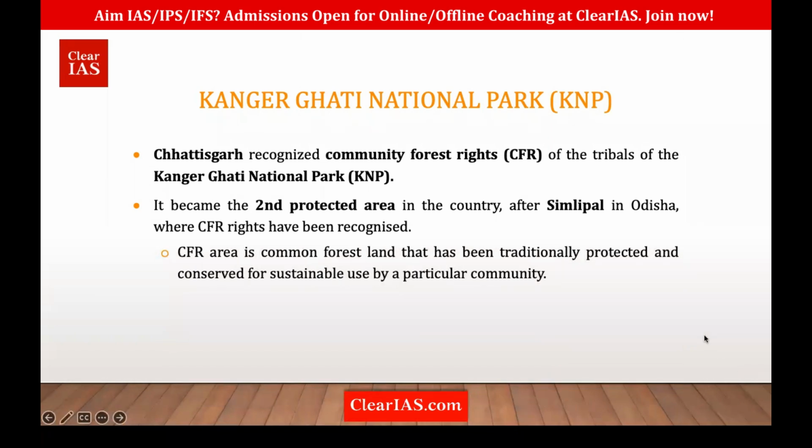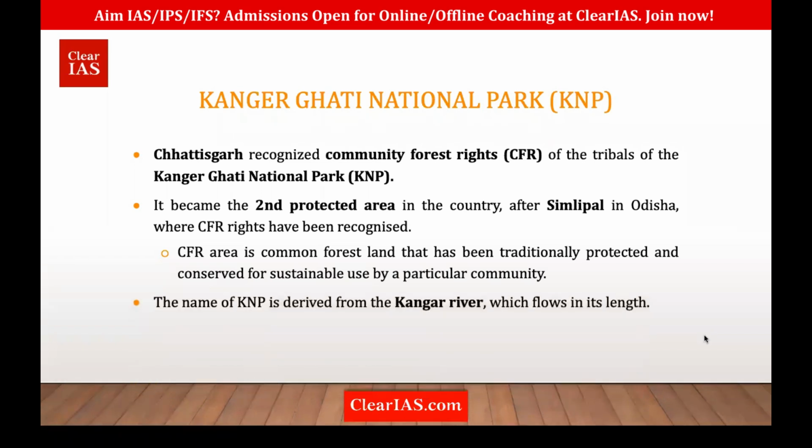Yes, we know the tribals, they actually try to conserve the forest. So whatever the traditional practices they use to conserve the forest are recognized by the government. Okay, so those are called community forests, the rights of the community living in the forest. Clear? So whatever traditional practices or conservation they do is considered as the means for protection of